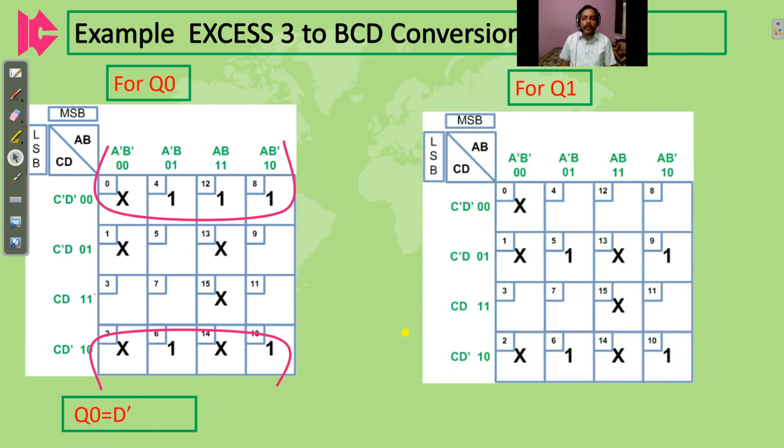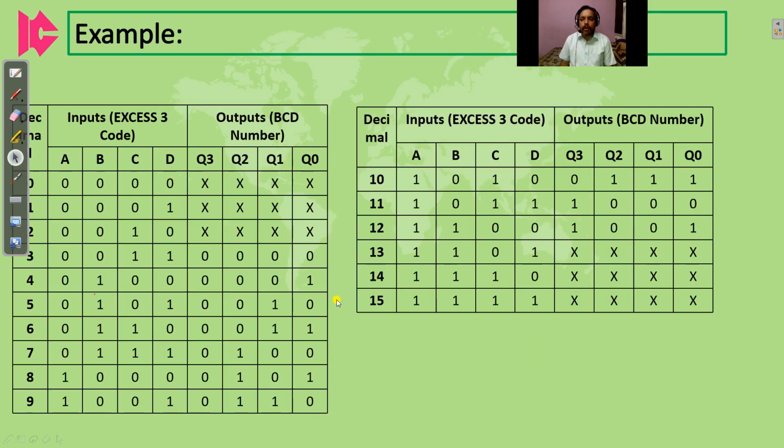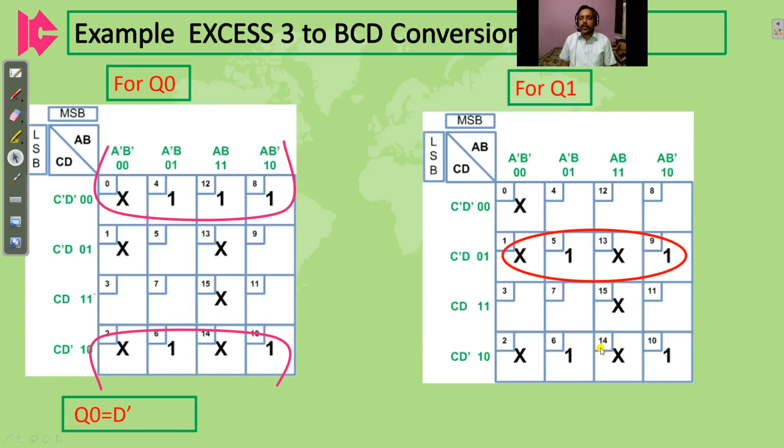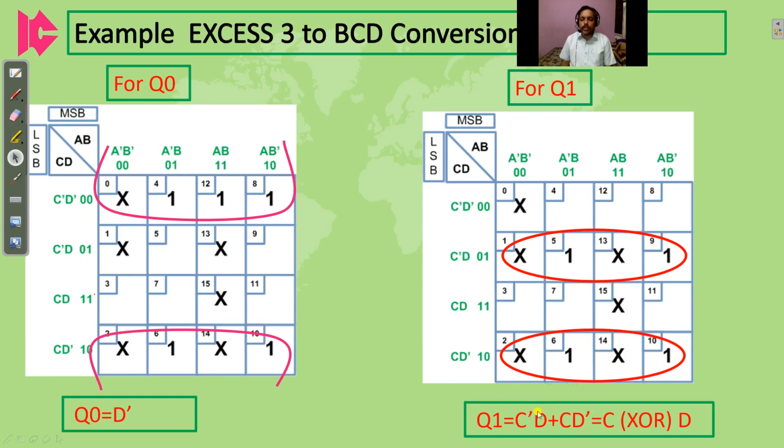Similarly for Q1, how can we write it down? So Q1 elements are entered with the don't care condition. Check the block of Q1 here. So don't care, 1, 1, 1, 1, don't care, don't care, don't care. So corresponding ones are taken into the Q1. So we can make this group of 4, and this group of 4. Combining these together, the first group of 4 gives C dash D, and the second group of 4 gives C D dash. So this is nothing but XOR, C XOR D. If we check the XOR gate, we will observe the same combination.